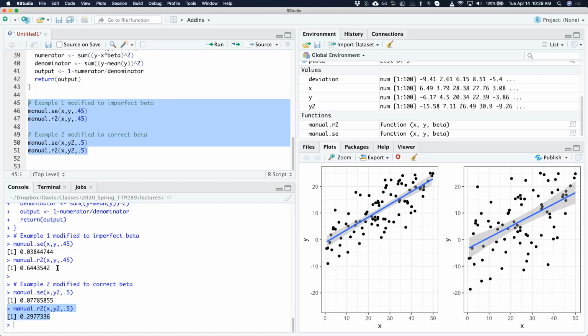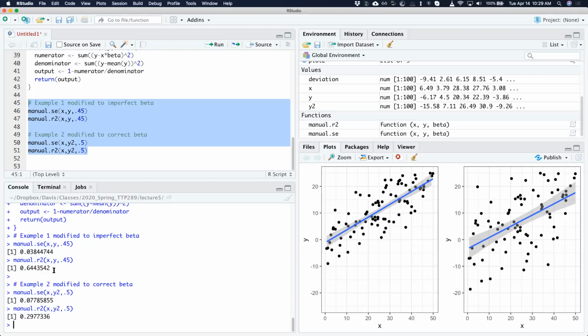But we can empirically demonstrate that even for a data set of essentially the same sample data, if you were to take the interpretation of your standard errors and R squared at face value, then you may say that this first example is a superior model to example 2. And to a degree, you would be right